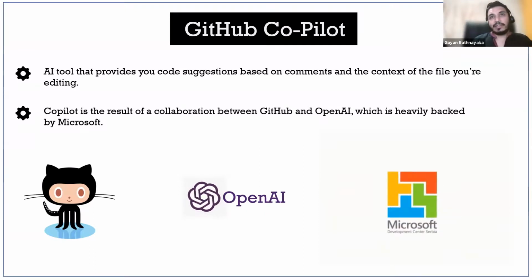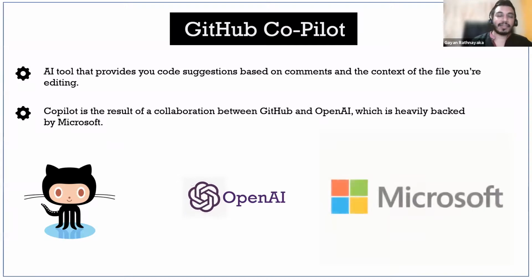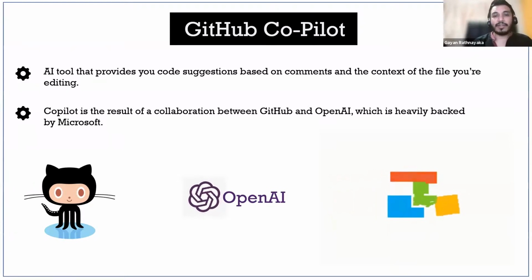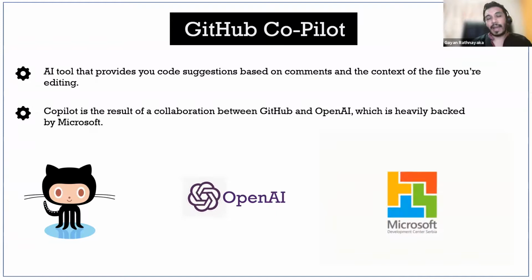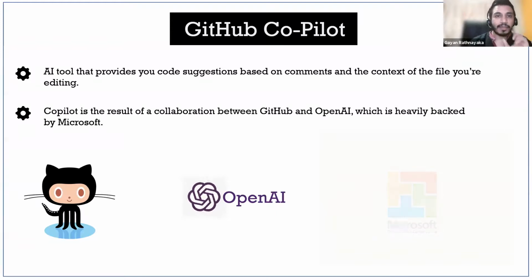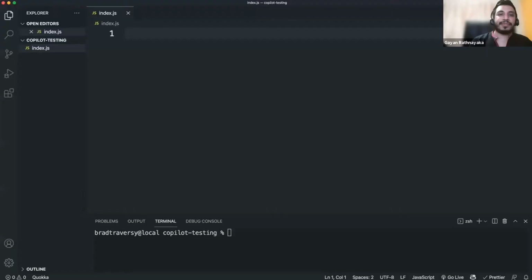But for that, I think they requested exclusive rights to OpenAI. So they are planning a lot of things. Copilot is coming to Visual Studio Code first. I think after that, you will get a plugin for the other IDEs also. But currently, it's a pilot program, and you can make a request, and after that is granted, you can use it.